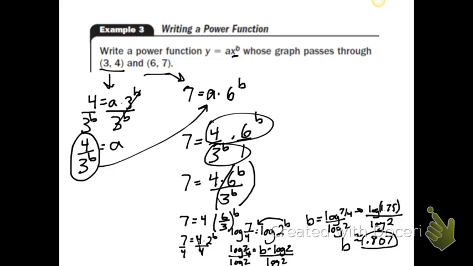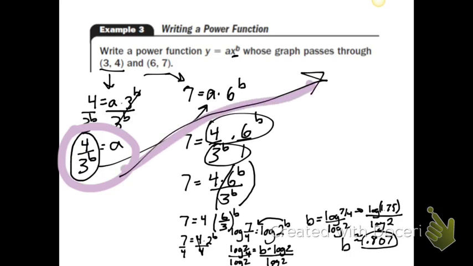Now, to get the a value, the best place to go back to is right here, back to that equation, and I can substitute that 0.807 in for b to get a. So let's try that. I'm going to do that over here and rewrite 4 over 3 to the